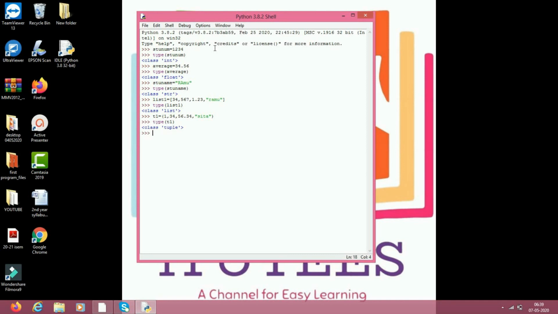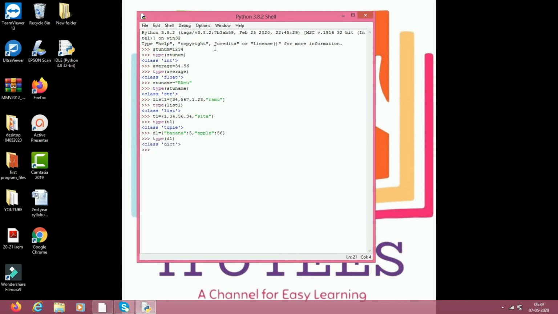A dictionary is a combination of keys and values. d1 equals to curly brackets, for example a key and the value 5, Apple and the value 56. Close the dictionary. Now you can check type of d1. Which type? Dictionary type.